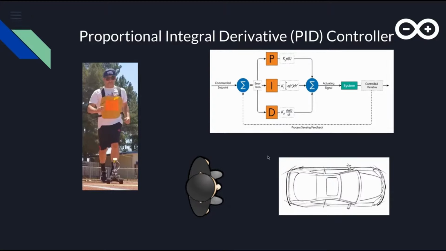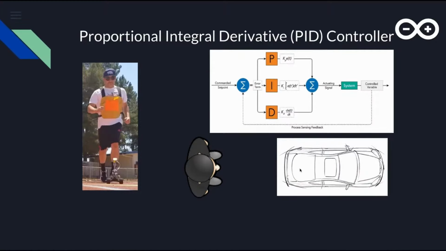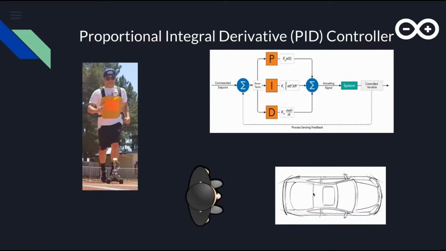So if the person were to move to the left, then the error term would be non-zero. This number gets multiplied again with the PID variables. Again, it gets sent to the control variable, and then the car knows that it needs to move to the left. Once it gets recentered, the error term goes back to 0. If the person goes in the opposite direction, the same thing happens. The error term is non-zero once again, and the same thing repeats. So that allows the car to always recenter itself according to the position of the person who is wearing the